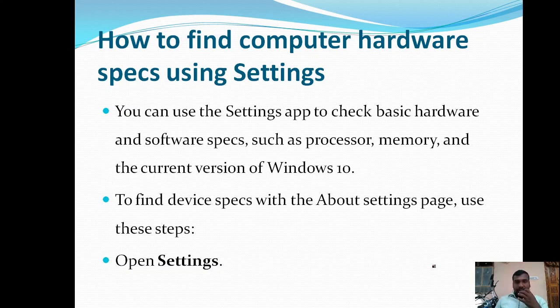Now we are going to find the computer hardware specification by using the settings app. Here we use the settings application to check the basic hardware and software specifications, like the processor model and name, memory, current version of the Windows operating system, etc. To find the device specifications on the settings page, first of all open settings by going to the start button.